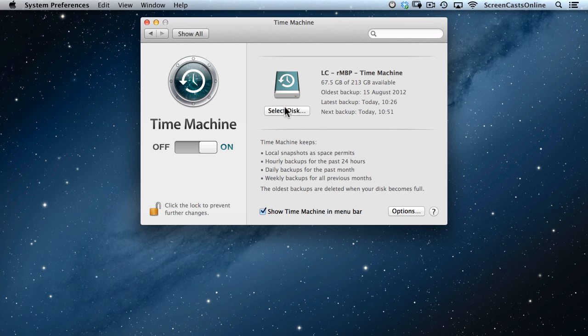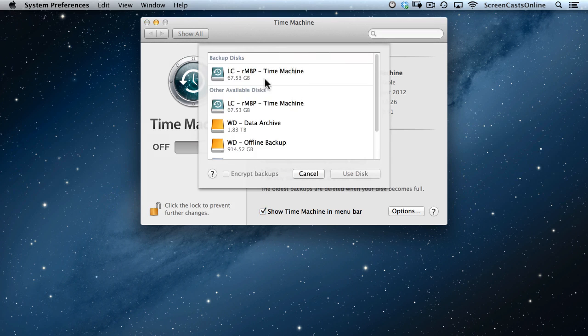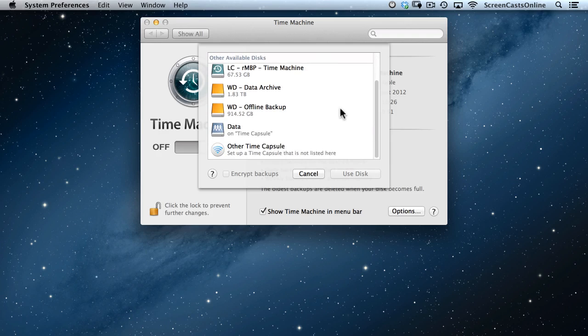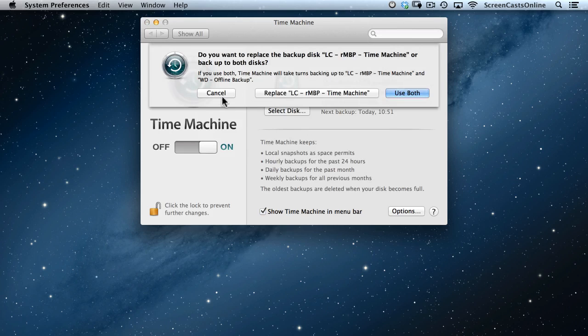So if I now go here and select disk, that's the one I've currently got. These are the other available disks. So let's say I wanted to use this one, this WD offline backup. That's another Thunderbolt connected drive. Let's say use disk. Okay, a new option now. So do you want to replace the backup disk, LC, that's for Lacey, RMBP Time Machine, or backup to both disks? And if you use both, Time Machine will take turns backing up between that disk and the new disk